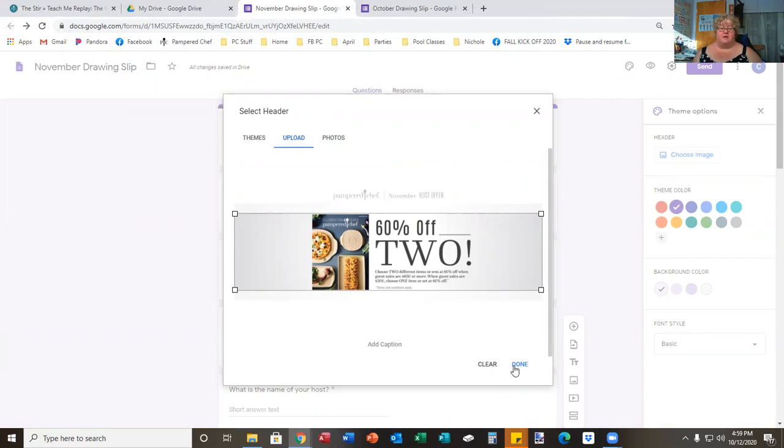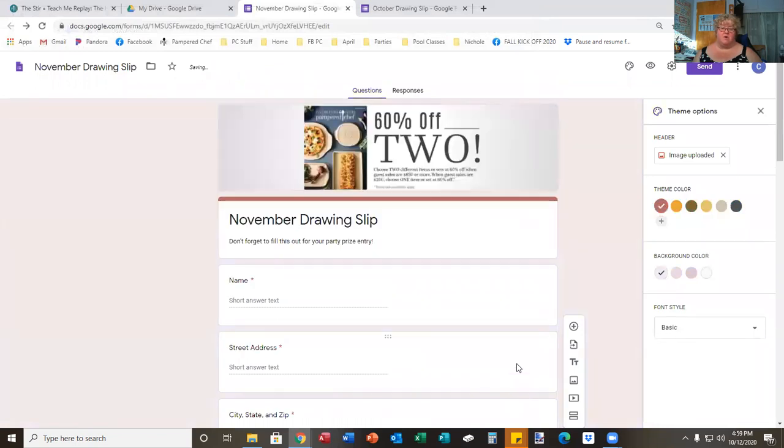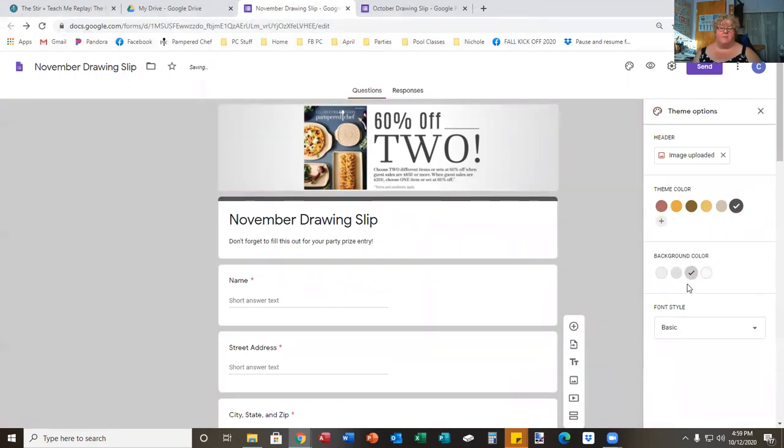We're going to put that in. You cannot change that box size to be bigger, but you can shrink it to make it a little bit smaller. Now you can leave the default color. It kind of does it for you if you want to. They're playing off the browns from the stoneware. I'm going to go ahead and make it the darker gray because it makes it pop, and go down here with that. So that's your background color, and that's the actual theme color for the posts, the questions